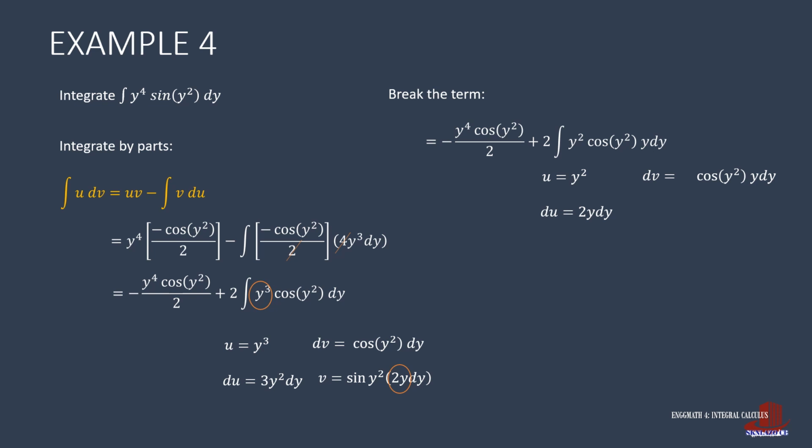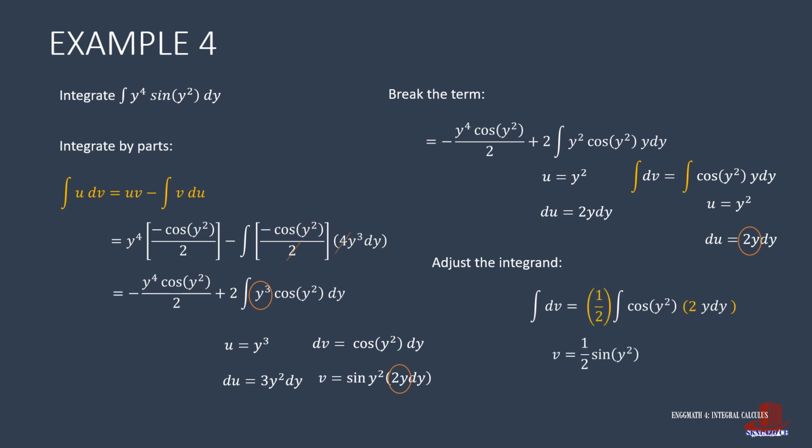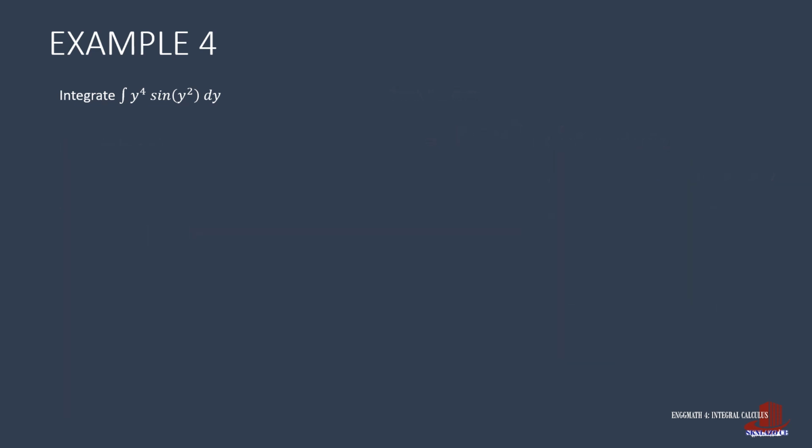Check if these can be integrated. U is y squared and du is 2y dy. The only thing we need to adjust now is to place 2 with y dy and 1/2 before the integral, integrating dv and having v as half of sine of y squared. With u and v already identified, let's have the second integration by parts, where the first term remains the same